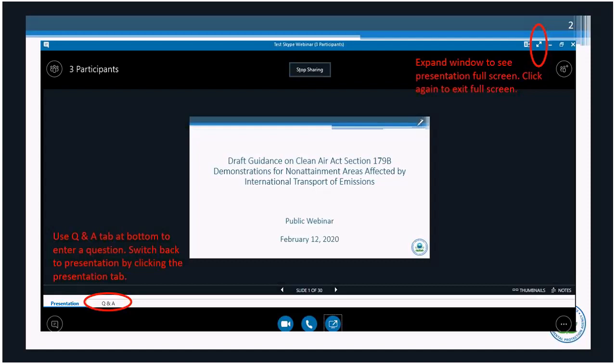The purpose of this webinar is to highlight key portions of the draft guidance, including background information and new policy and technical recommendations to facilitate meaningful stakeholder feedback. As a reminder, we posted this draft guidance for public review and comment on January 9th, and the comment period docket is open until March 10th. And as noted in the draft guidance, I'll start out with a caveat that this is just draft guidance that we're currently soliciting feedback on and does not constitute final agency action, nor does it create legally binding requirements on any party.